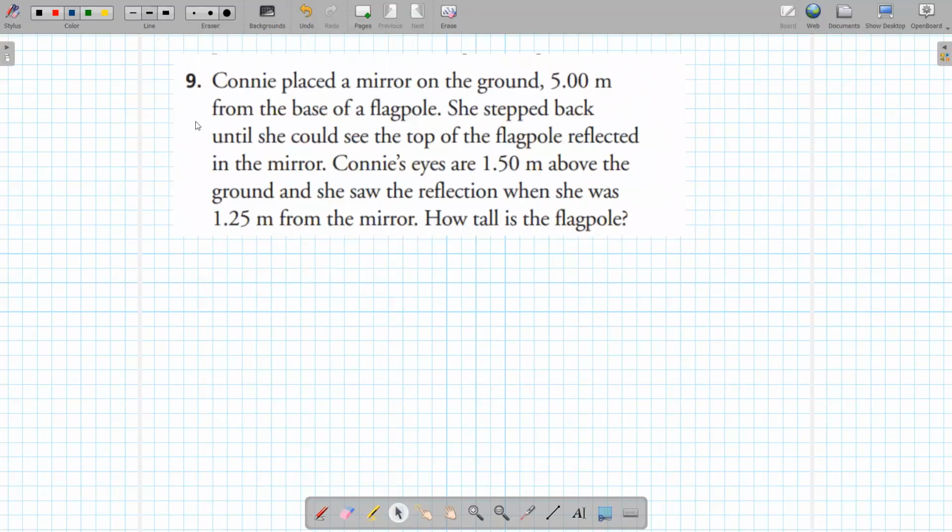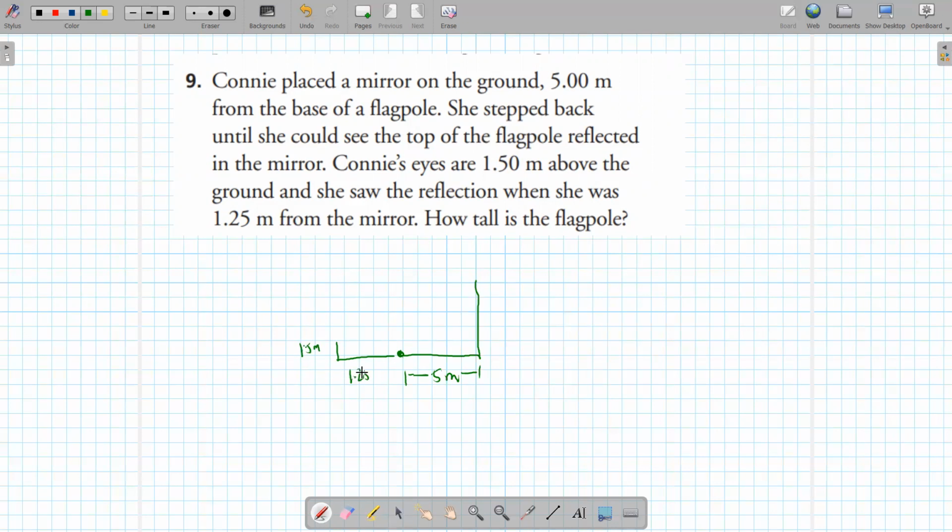So this person put a mirror on the ground 5 meters from the base of a flagpole. So let's say this is the flag. 5 meters away here, we have a mirror on the ground. So the mirror is somewhere here. She stepped back until she could see the top of the flagpole reflected in the mirror. Connie's eyes are 1.5 meters above the ground, and she saw it when she was